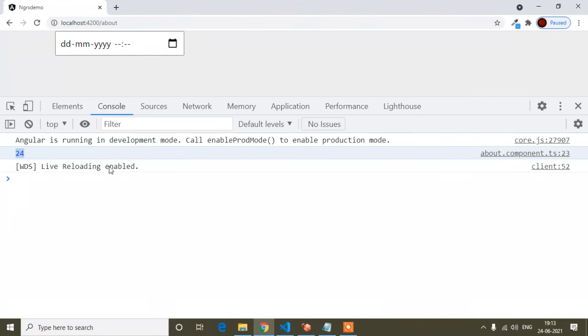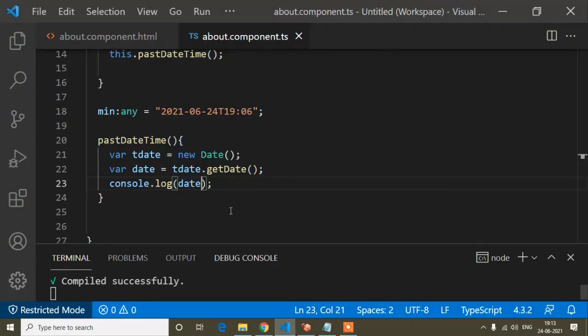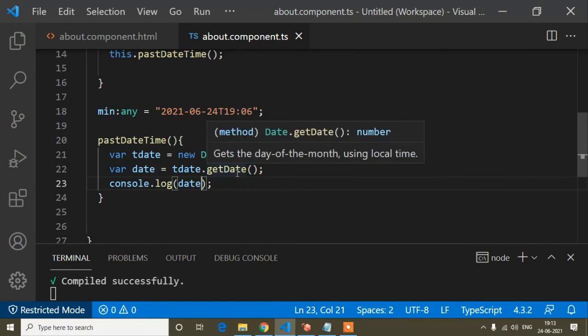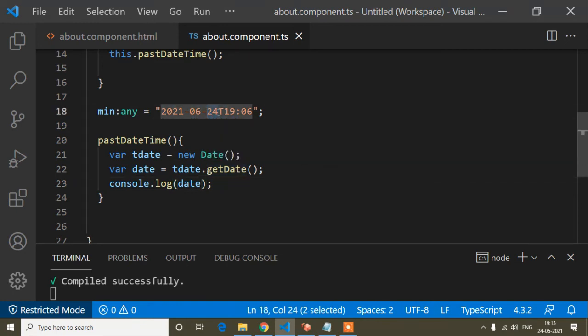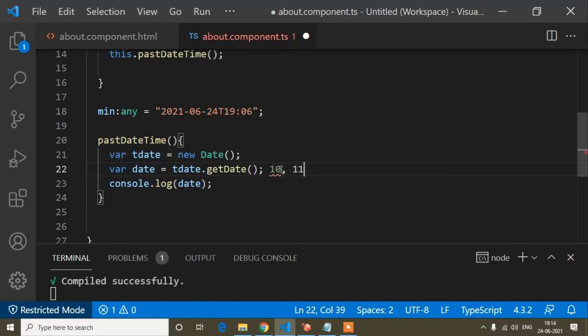The date may sometimes be one digit, like when the date is 1 to 9, so it's one digit, right? But I told you before that date and month you have to write always as 2 digits. When the date is 10, 11, it's always 2 digits.